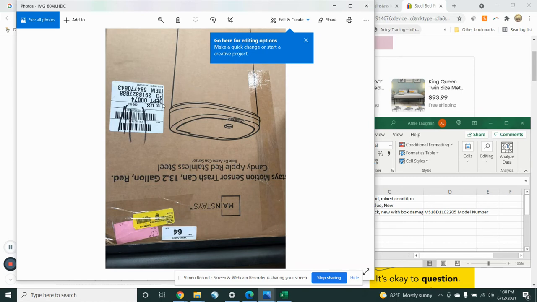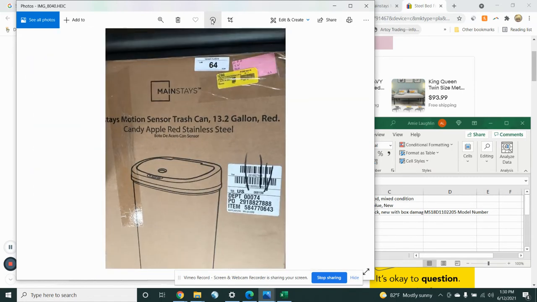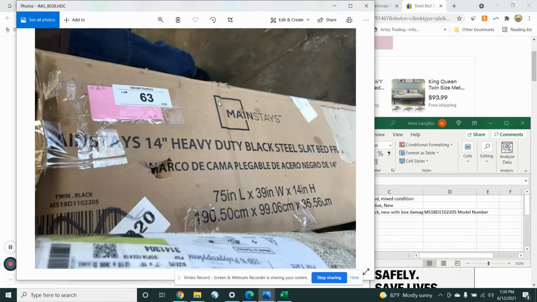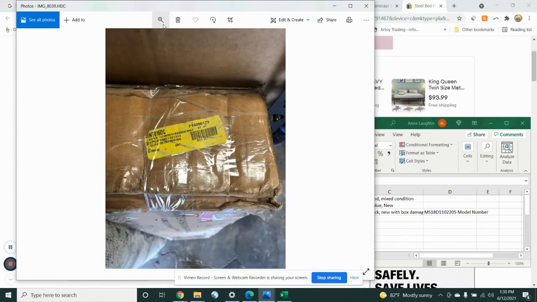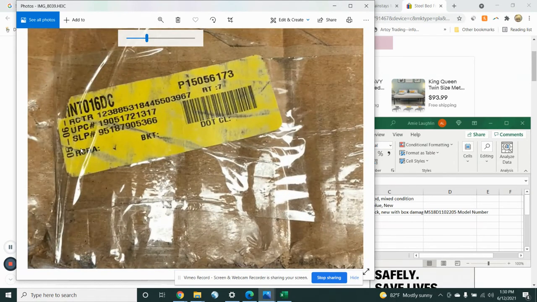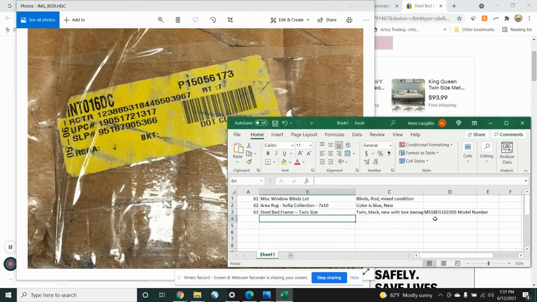Okay, first thing I'm going to do here is rotate this. What it looks to me like they did was take a close-up of this yellow tag. I'm going to explain this a little bit better here. I'm going to zoom in on this yellow tag. See the UPC code there? Okay. So I'm going to scroll down right here, and I'm going to go right now to 1905